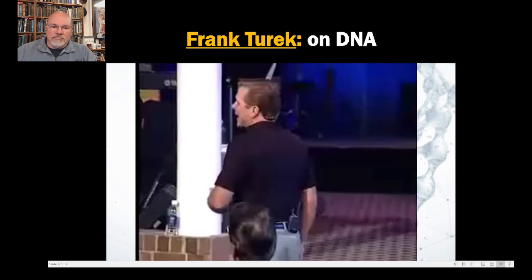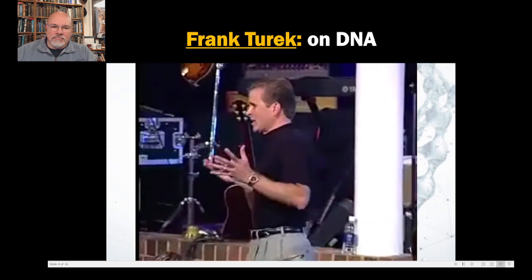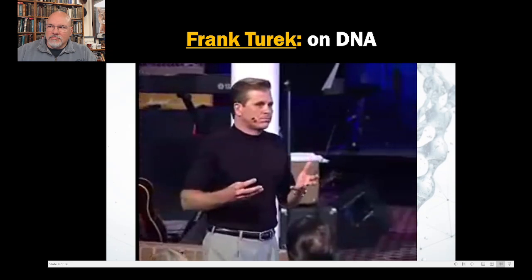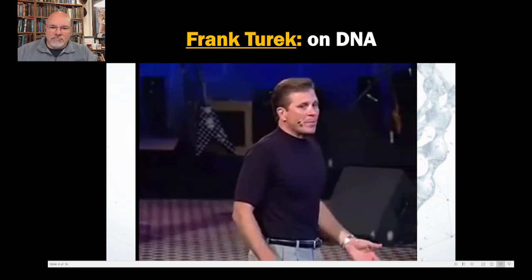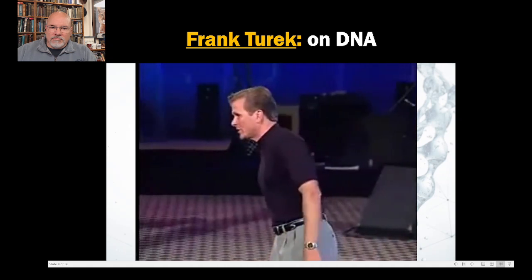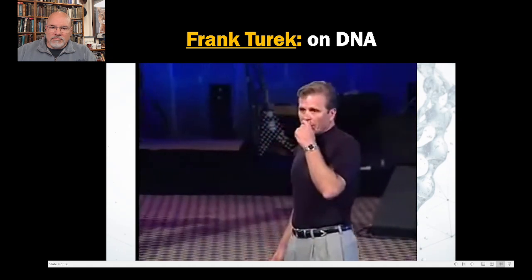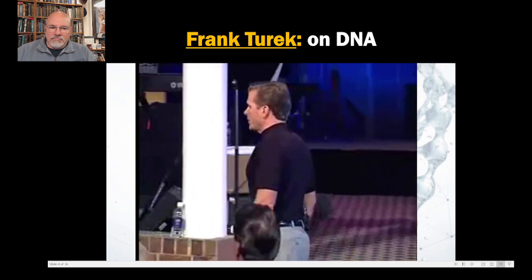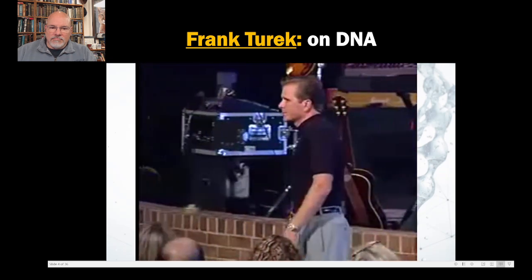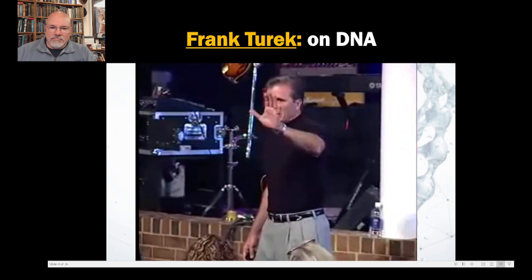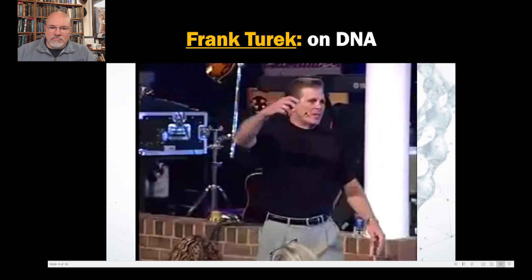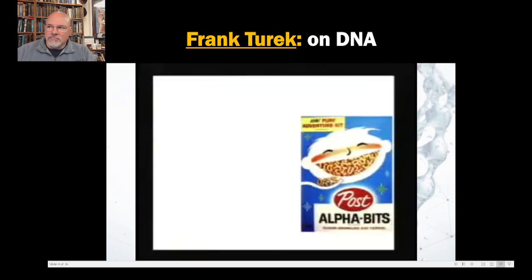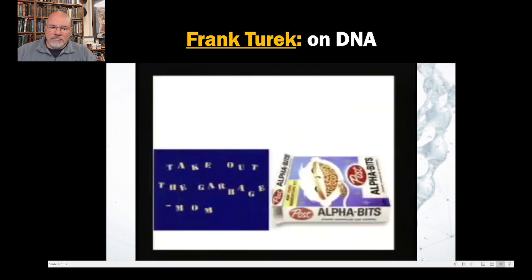Now, in Darwin's day, that amoeba was thought to be a very simple, simplistic little blob of protoplasm. Wasn't anything too complicated. Maybe it could have come together by natural forces. Today we know otherwise. How do we know otherwise? Well, in order for me to explain it to you, let me take you to your breakfast table. How many people in here like alphabet cereal? Let's suppose you're a kid. You come downstairs one morning to have a bowl of alphabet cereal. You see the alphabet cereal's knocked over and on the placemat, the letters spell, take out the garbage.